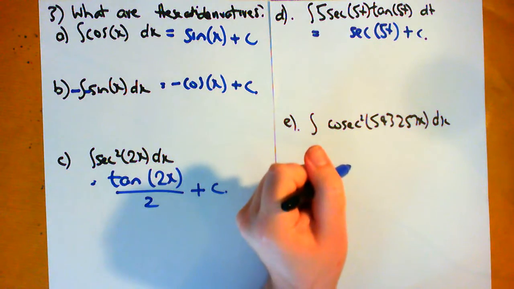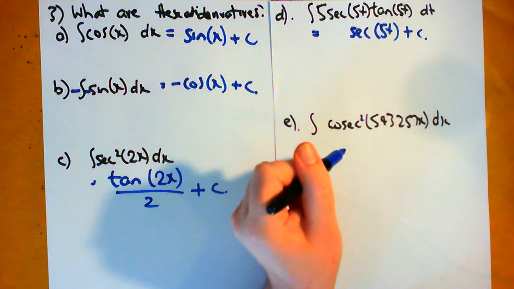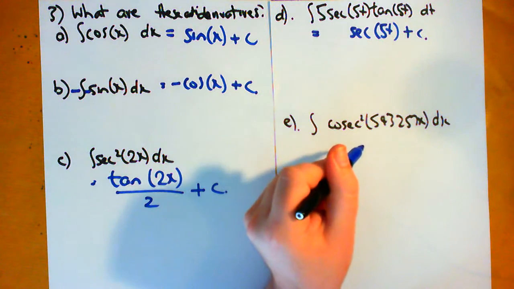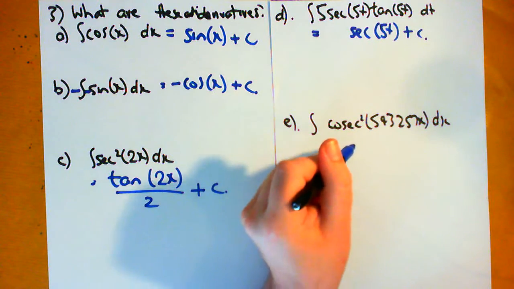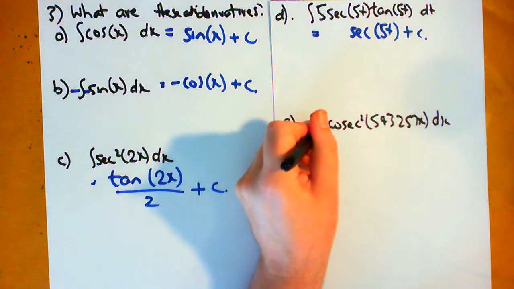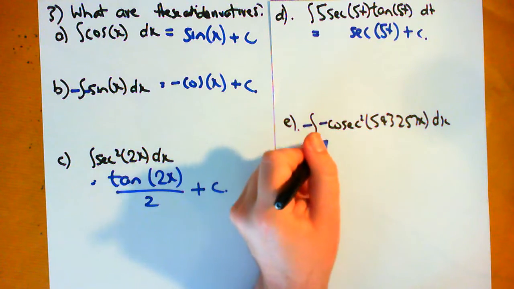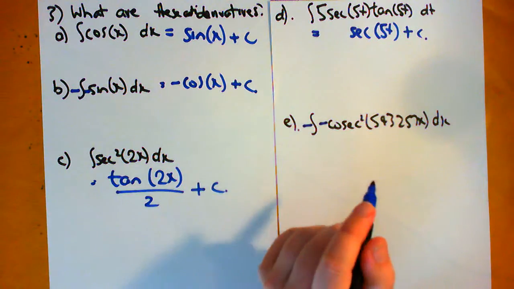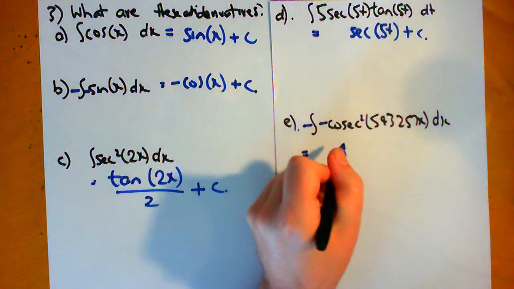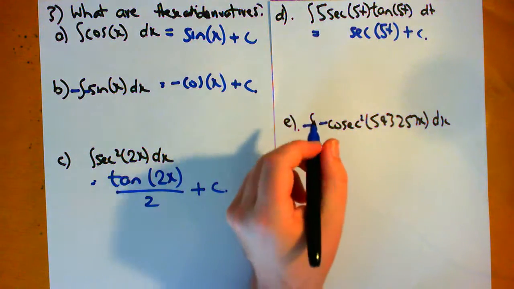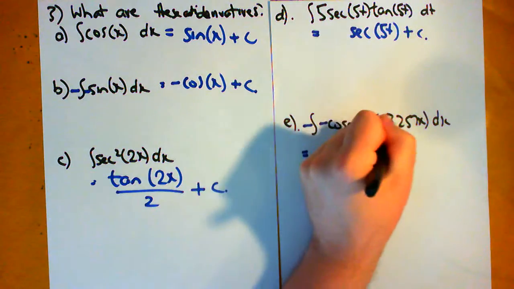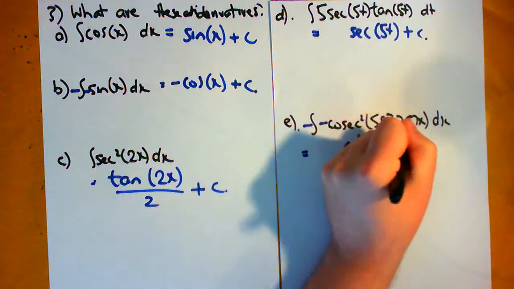Okay, so what is cosec squared the derivative of? We don't see that it's directly the derivative of anything, but we see that negative cosec squared x is the derivative of something. So we can do what we did with question B, introduce a double negative. Okay, so negative cosec squared of x is the derivative of cotangent. So it's cotangent of the same bracket,